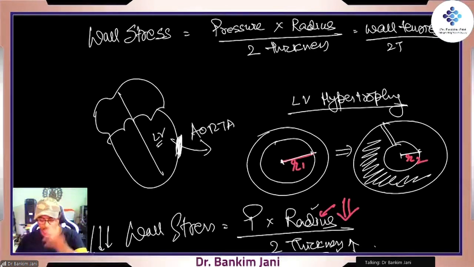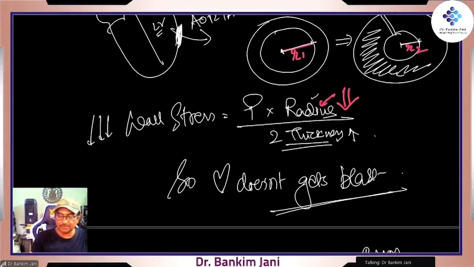Again, it will come in cardiology in more detail. So there is decreased wall stress. There is pressure into radius. That radius gets decreased as the thickness increases, because we don't want that pressure, otherwise the heart would blast. So what the heart will do, as this thickness increases, is drop the radius so that the heart doesn't blast. Why does the lumen become small? Because the lumen becomes small in order to decrease the wall stress.